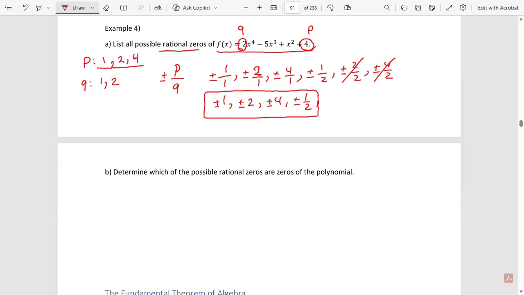Now, when you see in part B, it says determine which of the possible rational zeros are zeros of the polynomial. So what do we do? We replace all these numbers for x based on the remainder theorem and see which one gives me a zero. If I replace all x's by 1,